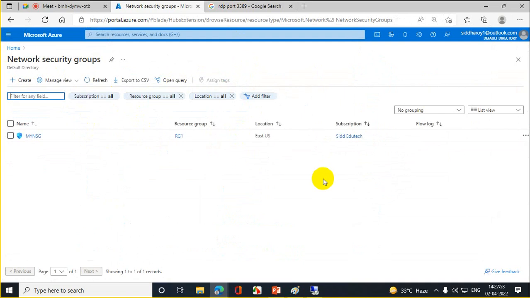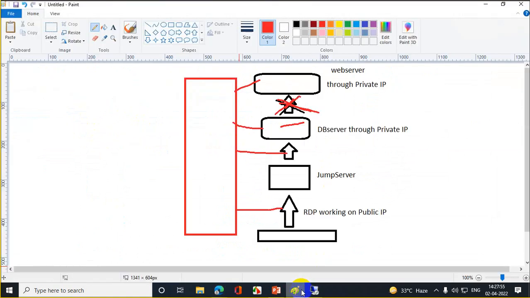Again, I am showing you the architecture. You can understand what I am trying to say, right? Here I can do MSTSC, so I'll make it green. From here I will do the MSTSC, I'll make it green. From here I will not be taking the MSTSC, so I make it red. That's because of